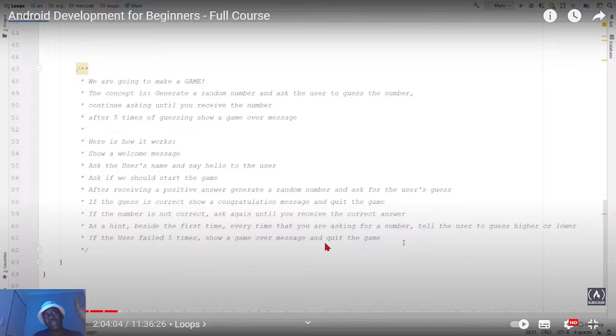And then after guessing, then does it show what? If the number is not correct, ask again until you receive the correct answer. Is this based on the same generated random number or different ones? Hmm.